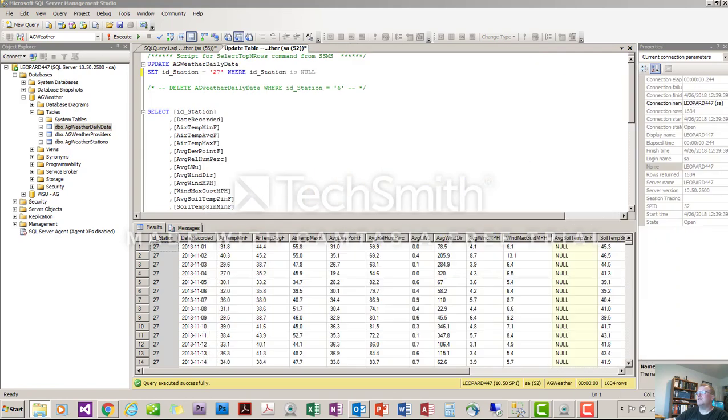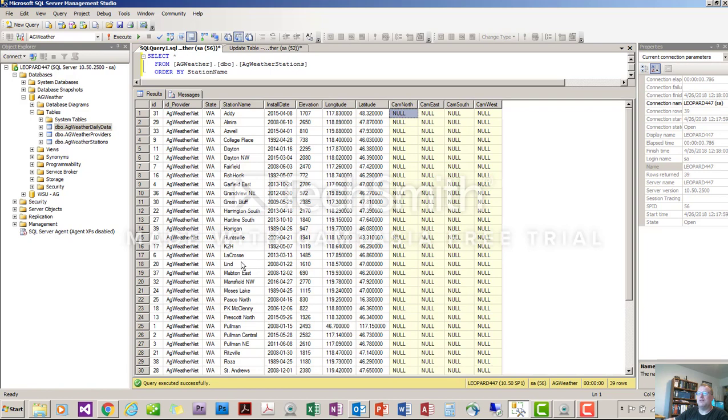So we have lacrosse here, and what I'm going to do is, let's see, lacrosse right here. So we know that that is station identity number 6 for lacrosse, and so we're going to take